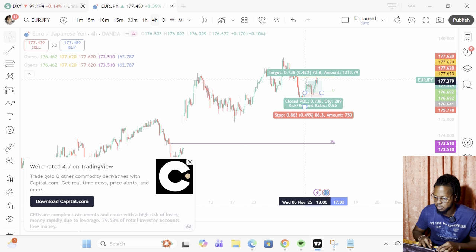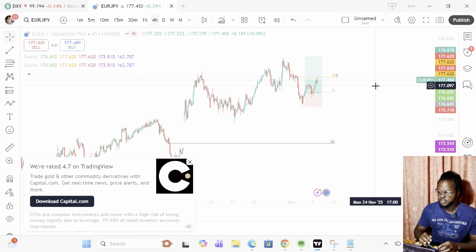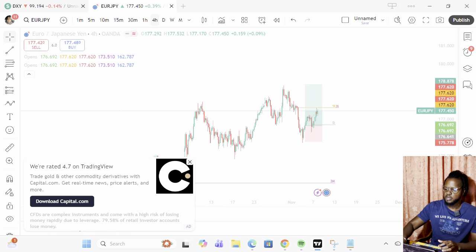We're almost at a 1... We're basically at a 1-to-1 risk to reward ratio. I'm targeting a new high, not that high. So yeah, this is a 2.5-to-1 risk to reward. And yeah, I think